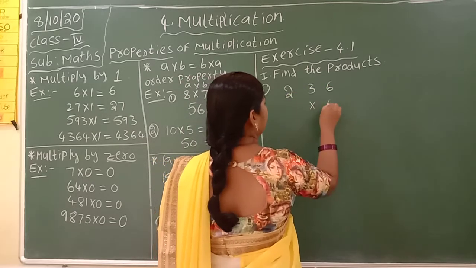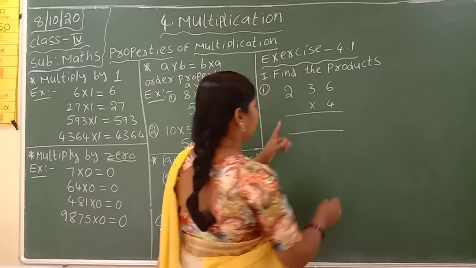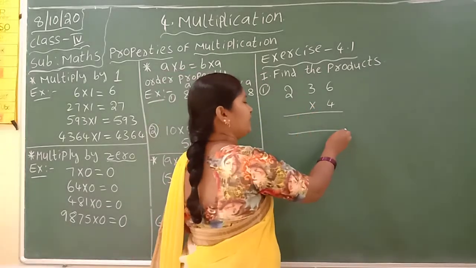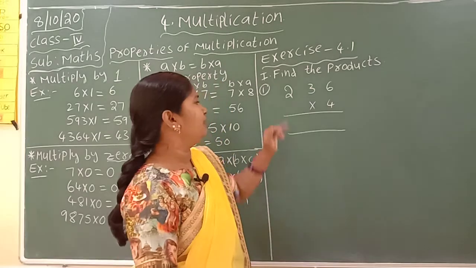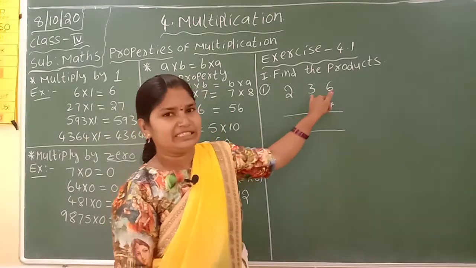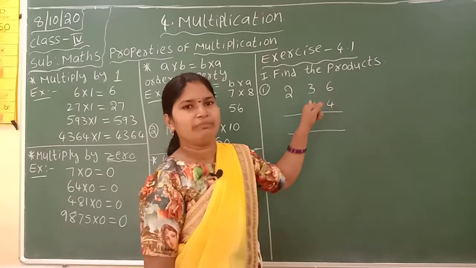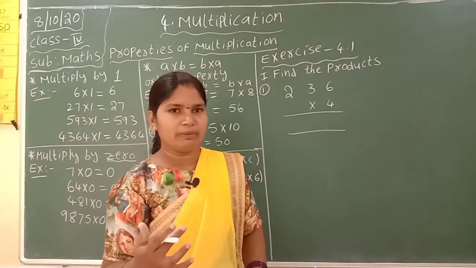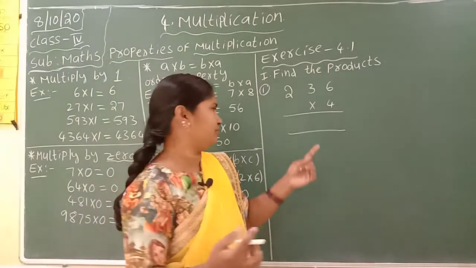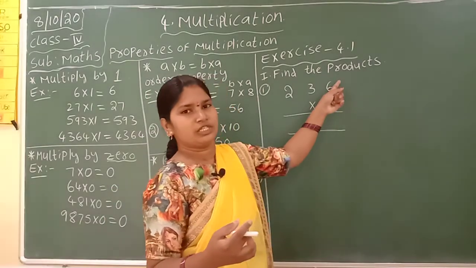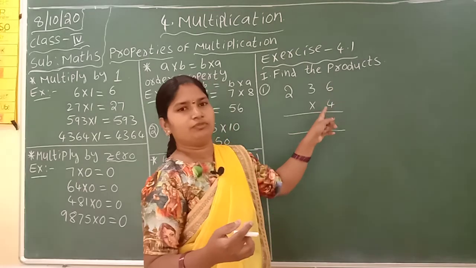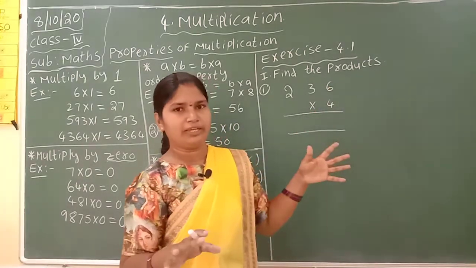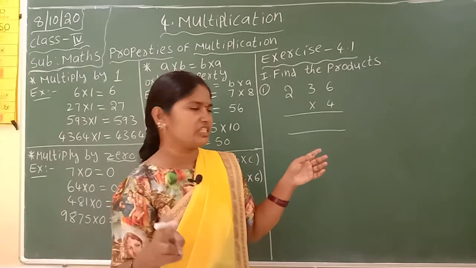236 into 4. Here also I am leaving one number after one finger gap. Why? Because for easily doing the problems. First here they given a 3-digit number. This 3-digit number multiply with 4. 4 means 1-digit number. You have to start multiplication first every time at the ones place. Now multiply 4 to 6. 4 into 6 or 6 into 4, any way you can do, but you have to do the ones place first.